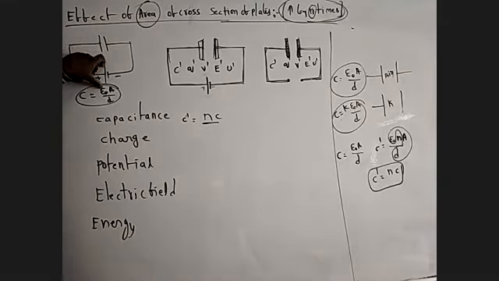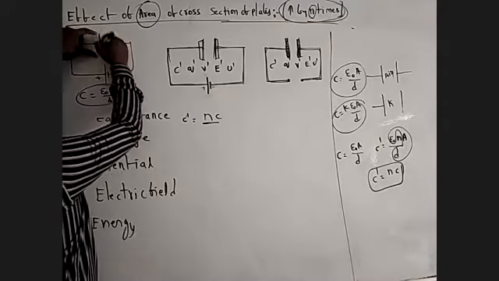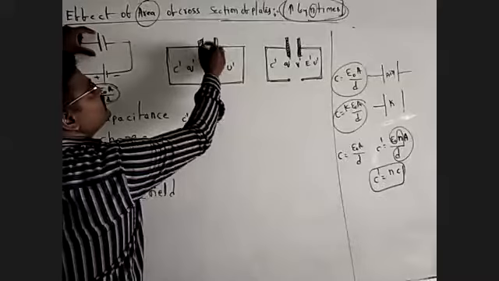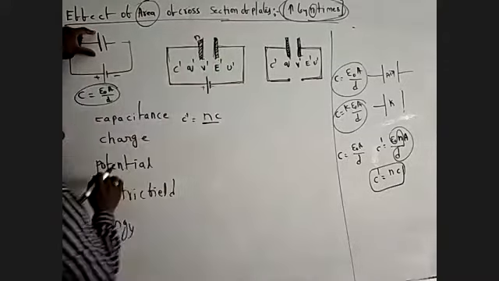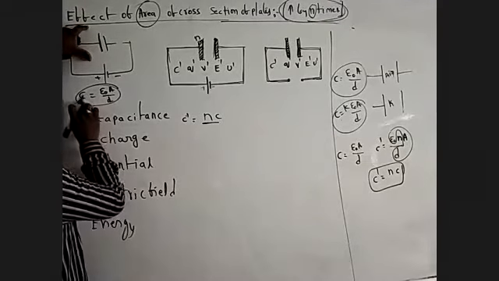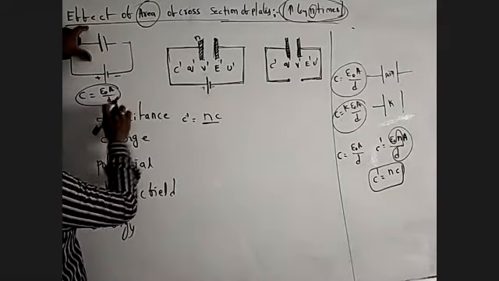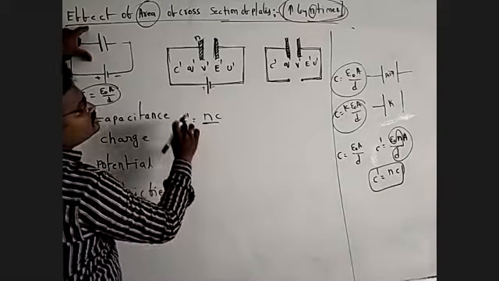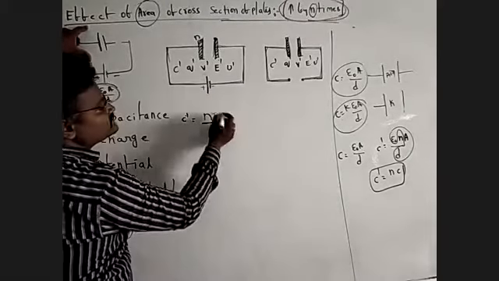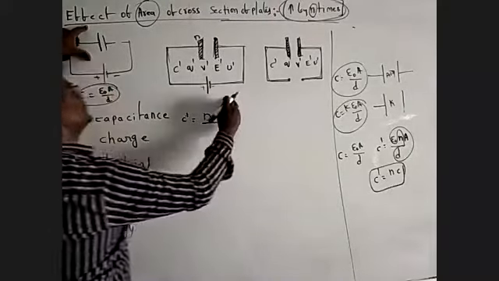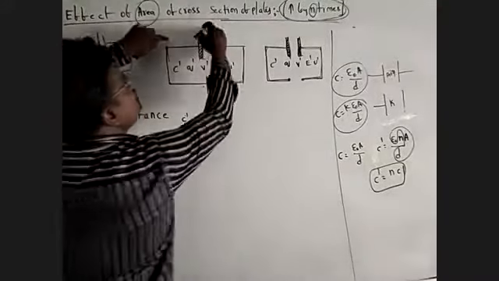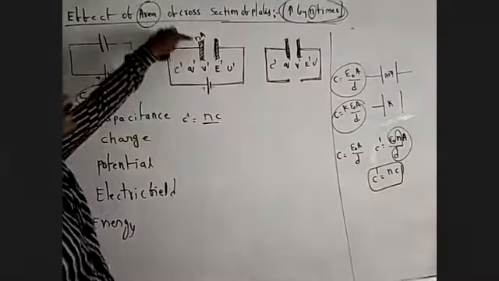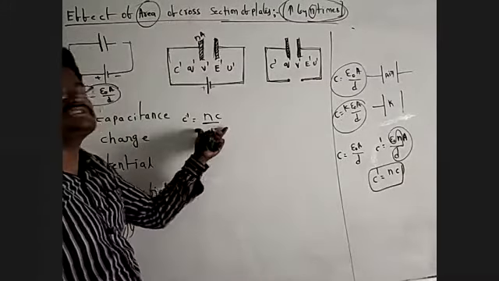One plate is connected to the positive plate, second plate is connected to the negative plate. Here, this is the cross section area of the plate. Here, cross section area of the plate is increased. How many times? n times increase. Here, C is equal to epsilon naught A by D, but here C dash is equal to nC. This increases. Capacitance increases. Here, the plate's cross section area is A, but here the cross section area is nA. That's why capacitance increases.